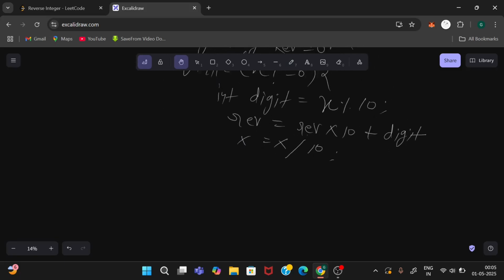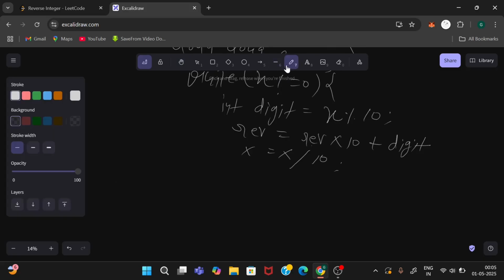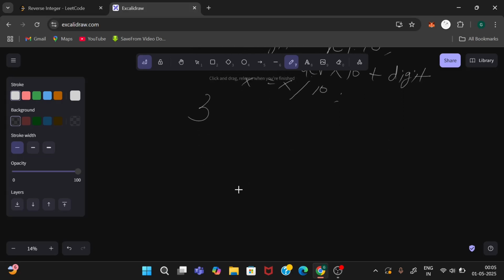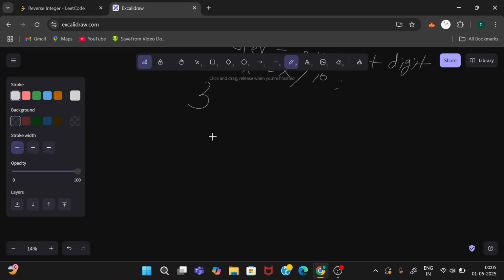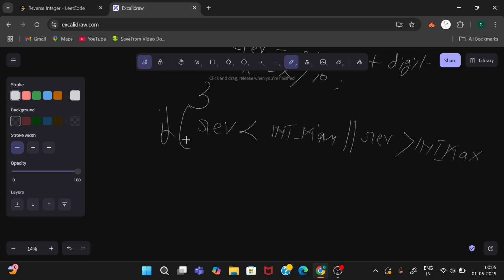So close this while loop, and at the end we will have the reverse in the reverse variable, but we have to check if the reverse value is less than INT_MIN, or reverse value is greater than INT_MAX.